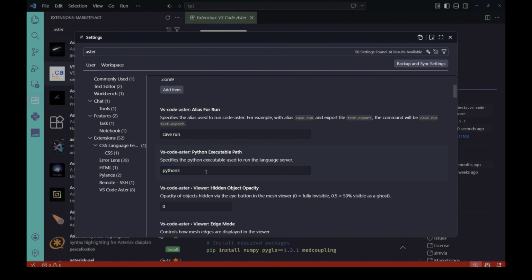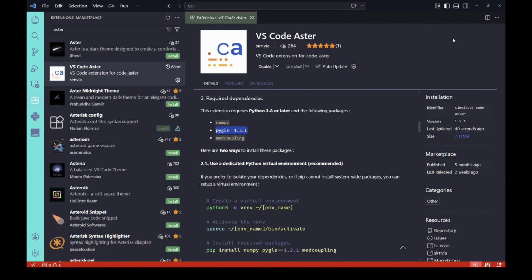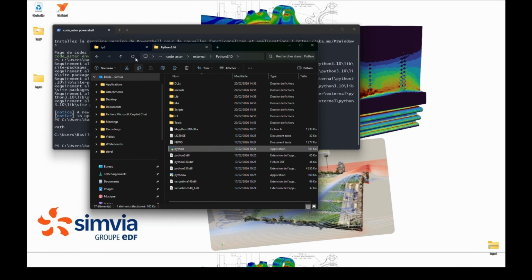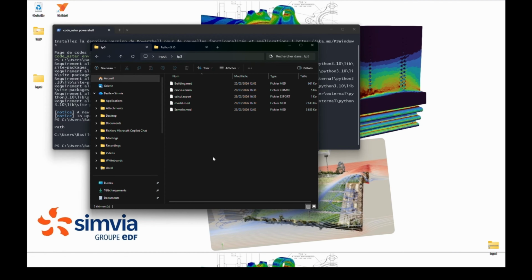If you copy the path using the Windows right-click menu, Windows usually adds some quotation marks around the Python path. You need to remove these quotation marks in the Visual Studio Code configuration. When this is done, you can close Visual Studio Code because you need to reload the configuration at start, and you reopen Visual Studio Code in the folder that contains your Codaster study.